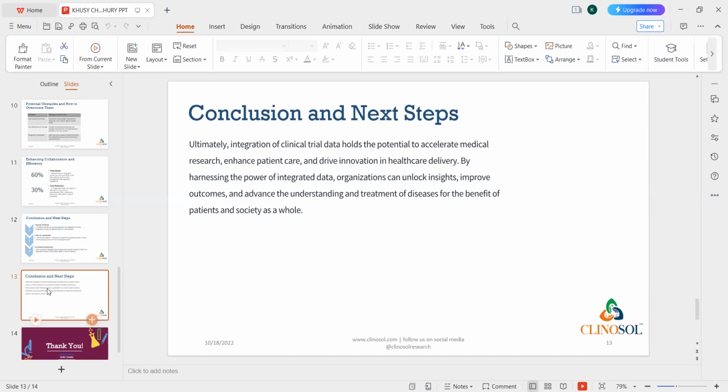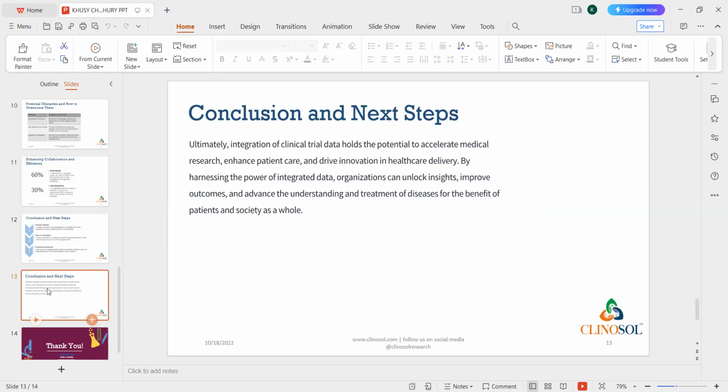Despite these challenges, successful integration can be achieved through careful planning, stakeholder engagement, technology selection, etc. Ultimately, integration of clinical trial data holds the potential to accelerate medical research, enhance patient care, and drive innovation in healthcare delivery